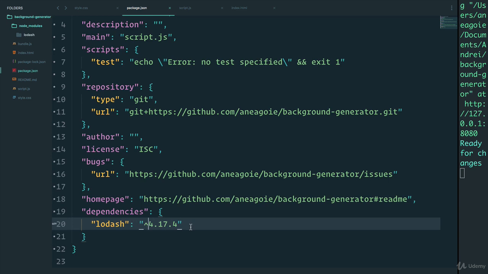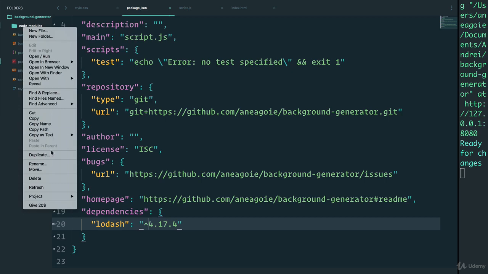But probably the biggest benefit that you get with NPM, this project is much easier to share with other developers. I don't need to add script tags in HTML for these now. And for a developer, in order for them to download all the packages or the dependencies that a project requires, well, I will never put the Node modules into my GitHub repo because all you need is the package.json file. Let me show you what I mean. If I delete my Node packages here,